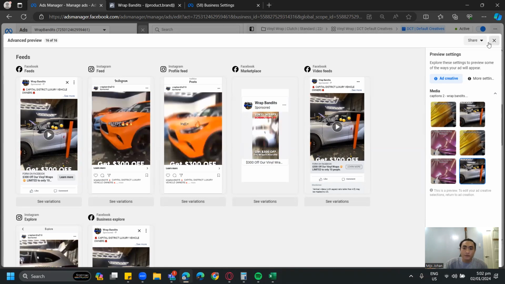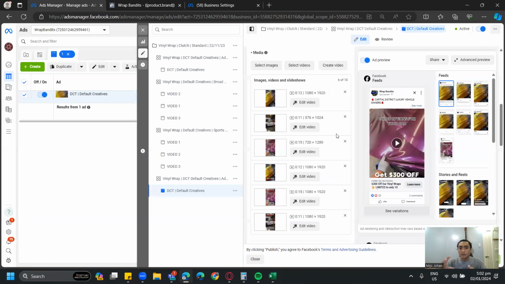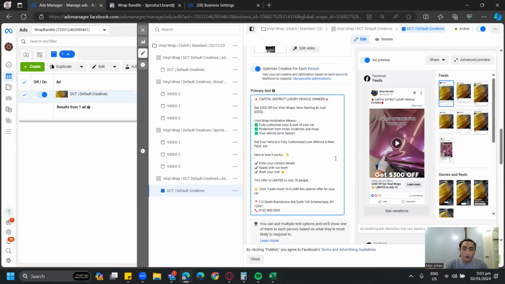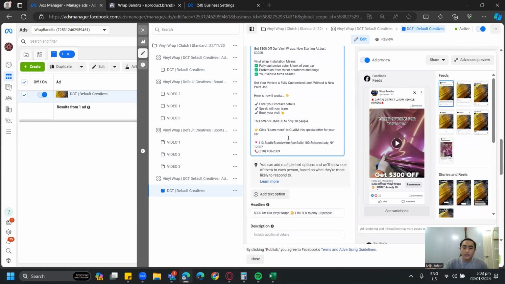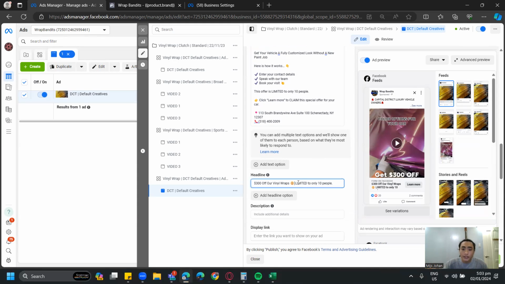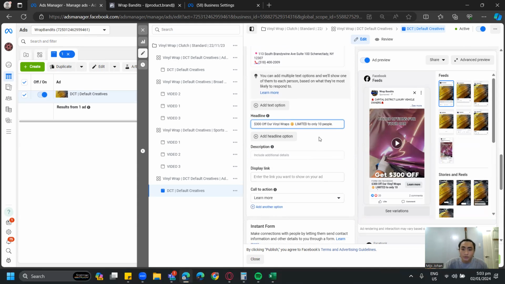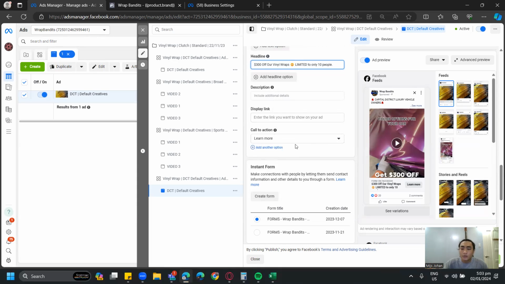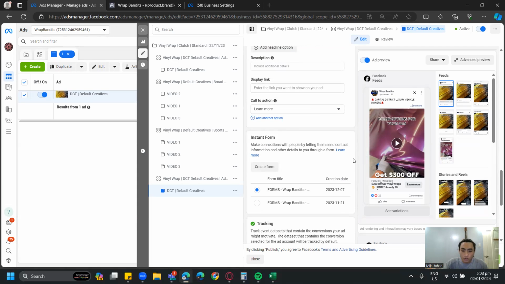The good thing about dynamic creative is you can mix all of them together. Put them all into one stack, maybe maximum of 10. Facebook only allows 10, but you have different variations, and you also have different copy. Right now, we're running one ad copy, but if you can't choose which copy to run, just add the text option, and you can add up to 5 ad copies, and Facebook will choose which one's performing well. Also, for headlines, you can add a headline option as well. Then call to action, you can add another option, but right now we're just using learn more or get code.